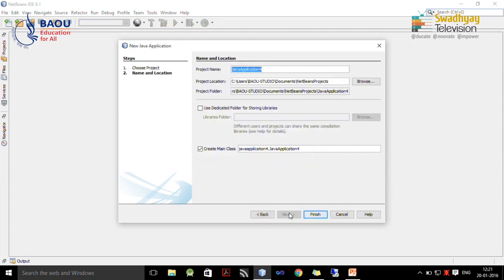Here name of our project is selection demo. So, I write down project name is selection demo, project location is this, and then we do not want to create main class. So, uncheck this create main class, and then we have to finish.